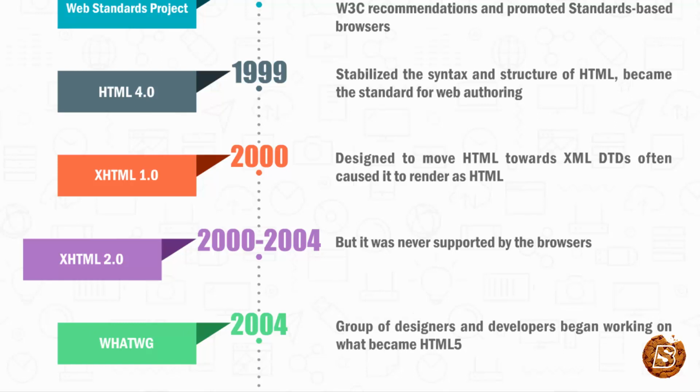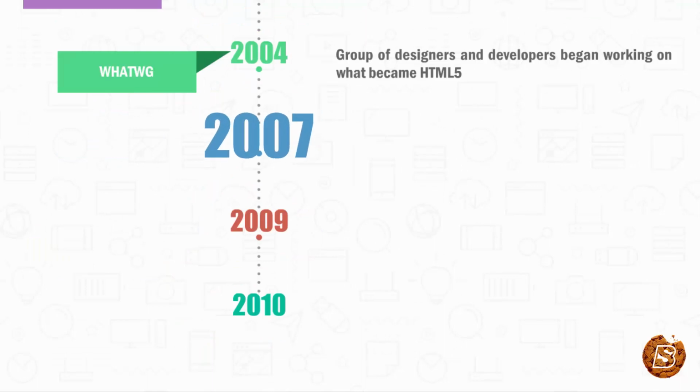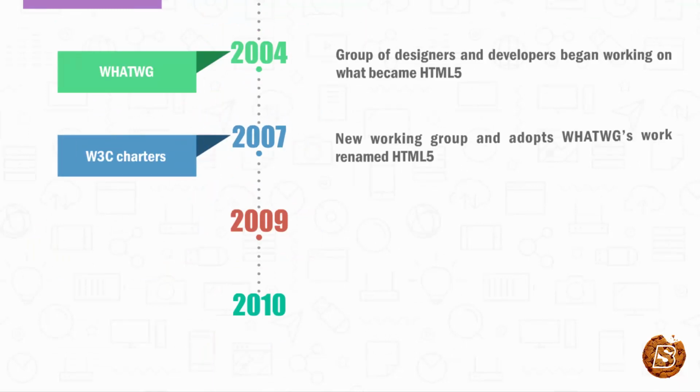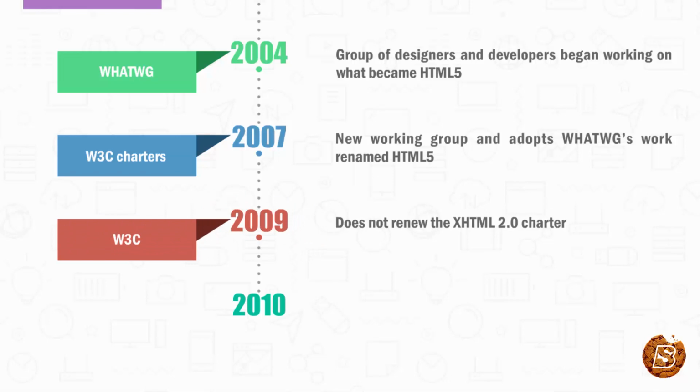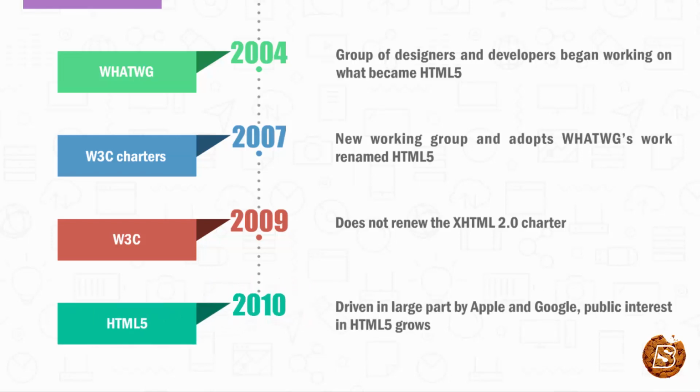is a group of developers and designers, began working on what became HTML5. In the year 2007, W3C chartered a new working group and adopted WHATWG's work, renamed HTML5. In 2009, W3C did not renew the XHTML 2.0 charter, and by the end of 2010, HTML5 was heavily used